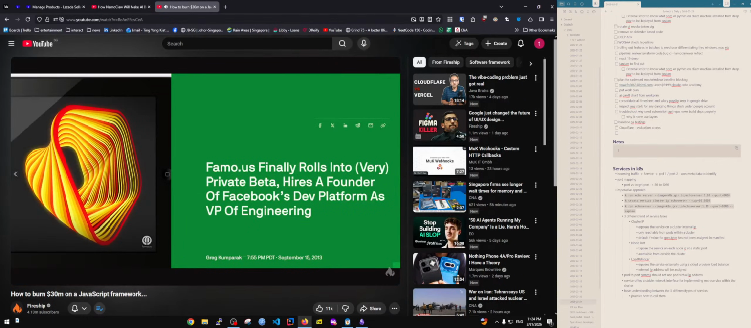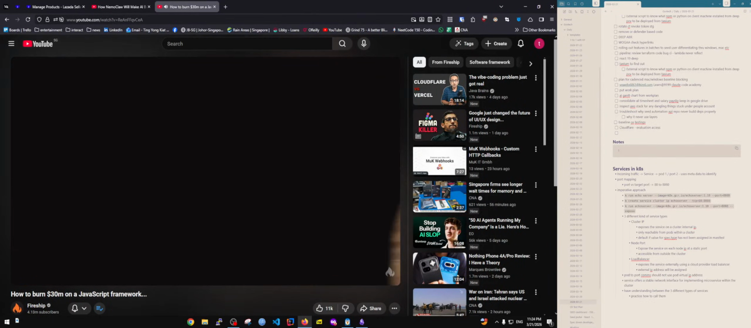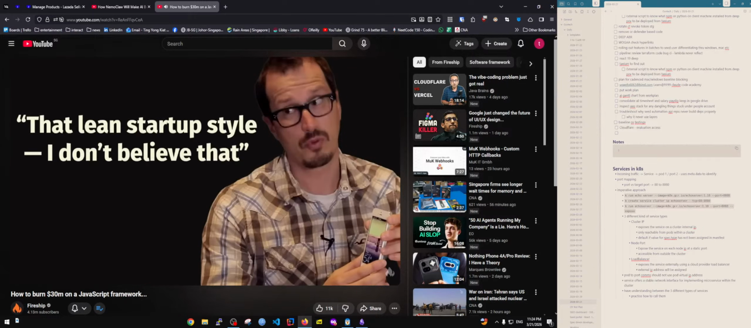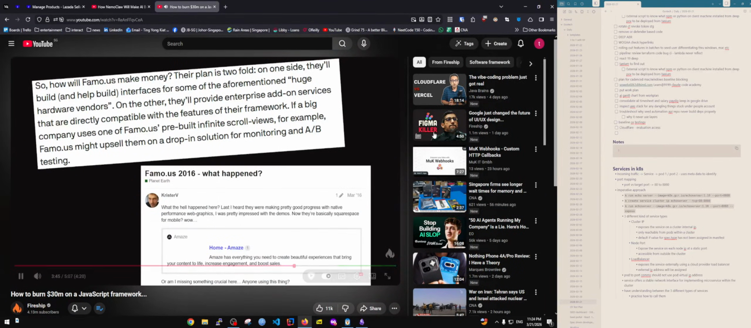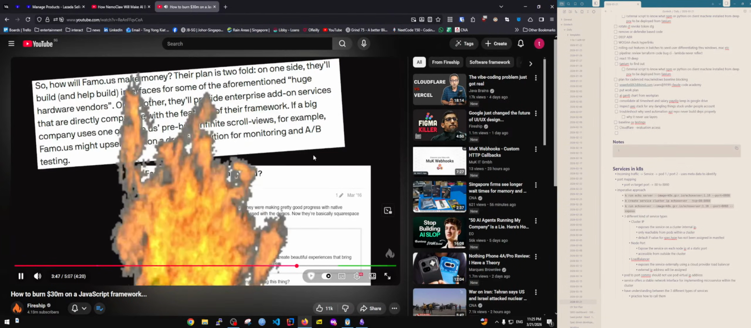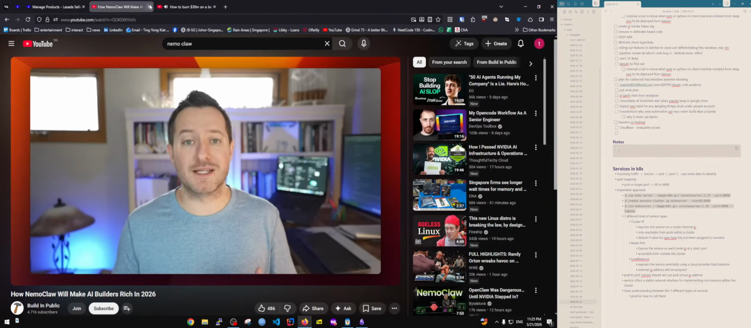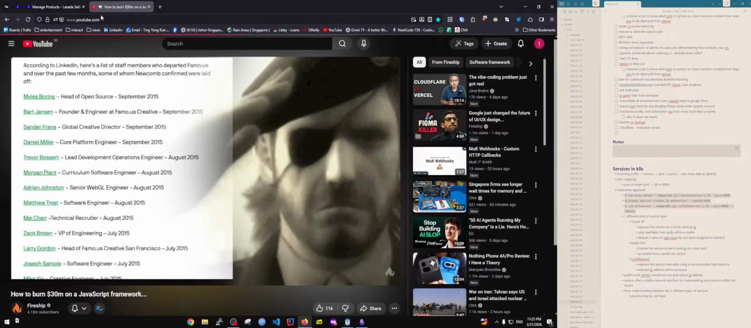At their peak, Famous had 25 employees, and their founder was quoted as saying he didn't believe in running a lean startup. This led to them trying out a few different ways to make money, like hosting and monitoring, but when that also didn't pan out and the hype for the rendering engine died down, they had to lay off their entire engineering